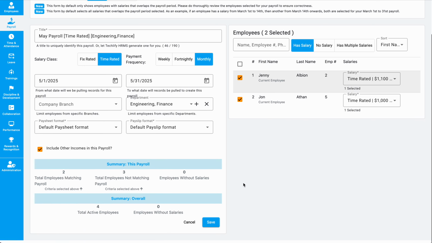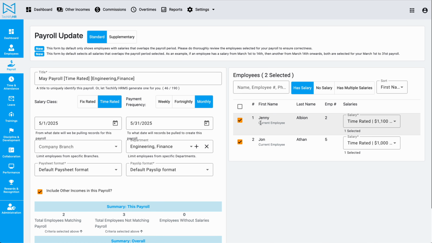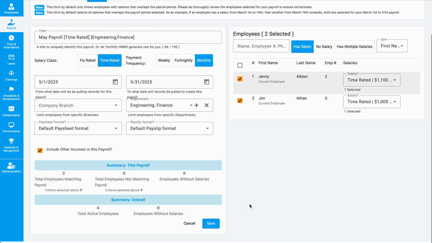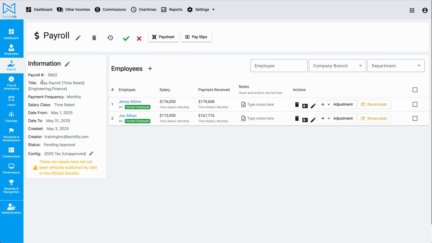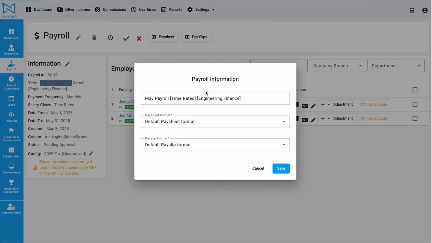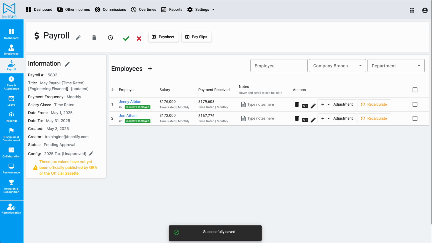Now keep in mind, if you hit save here, everything, all calculations, all numbers within the payroll gets recalculated, which may not be ideal for all cases. If you just wanted to update maybe the title or the formats for the payroll, there's a basic edit. So if I click on the basic edit here, I can just say updated and hit save, and you'll notice that the title of the payroll gets updated. So that might be how you want to update specific things such as the title or the formats on the